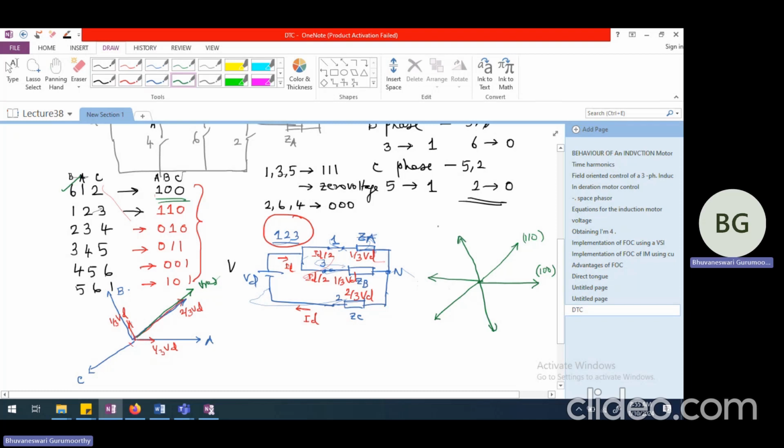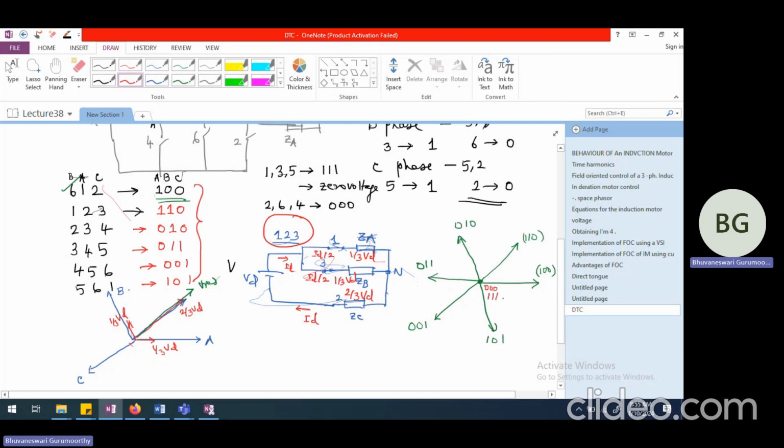So this is 110, this will be 010, this will be 011, this will be 001, and this will be 101. And if I'm talking about the zero voltage vector, it should come here, and that should be either 000